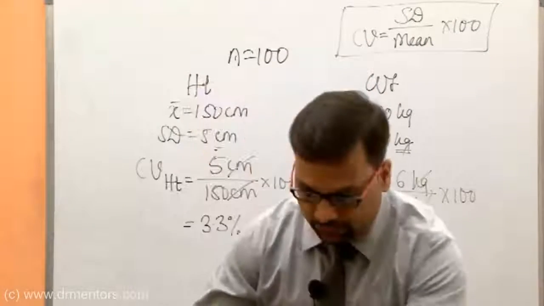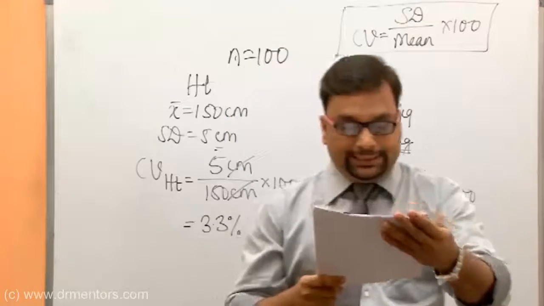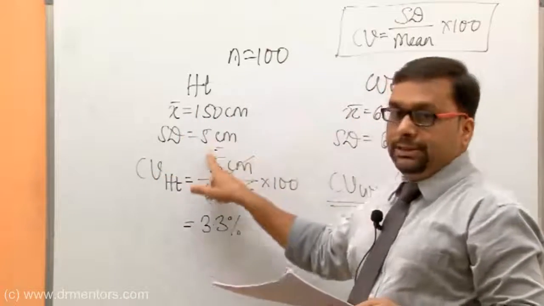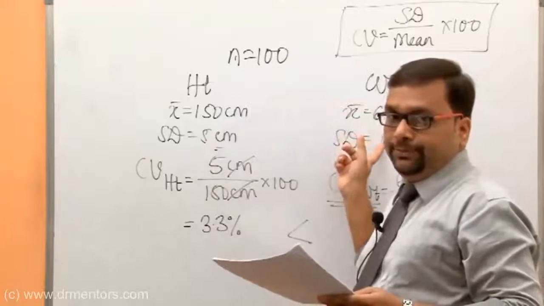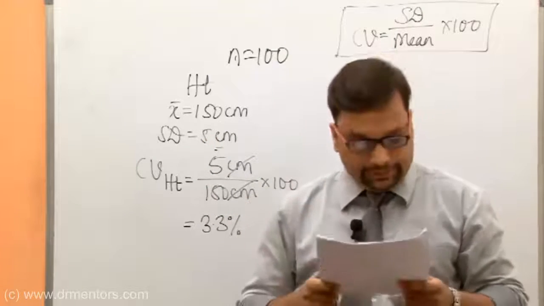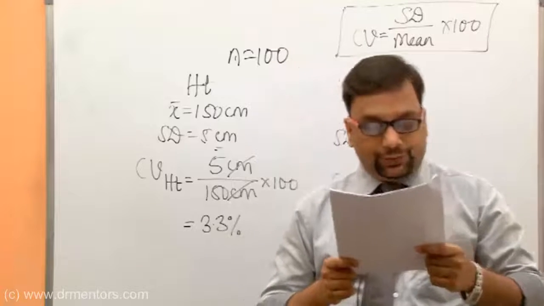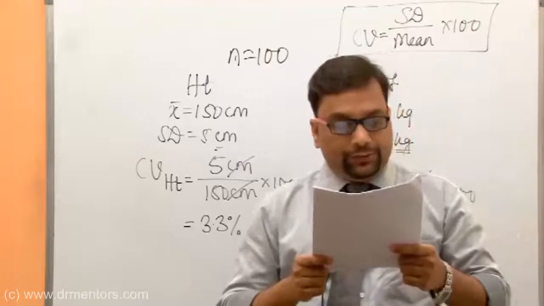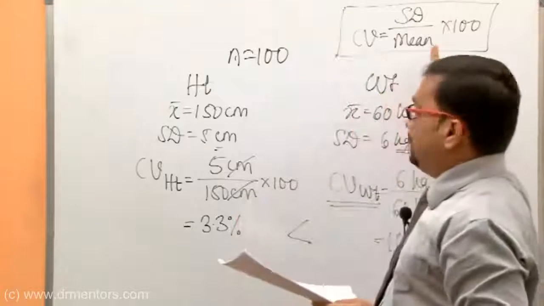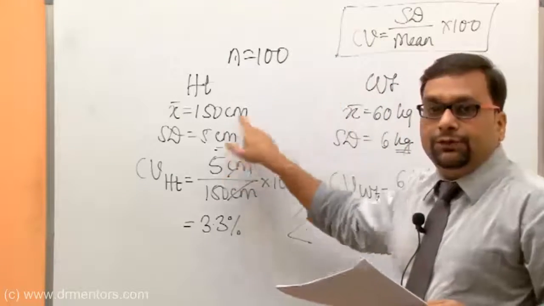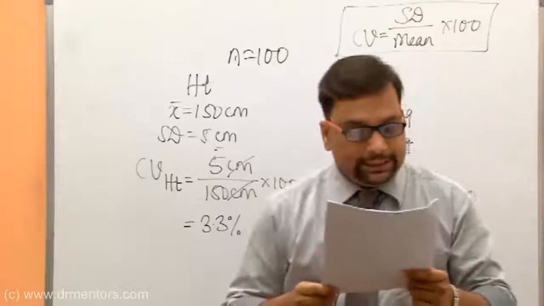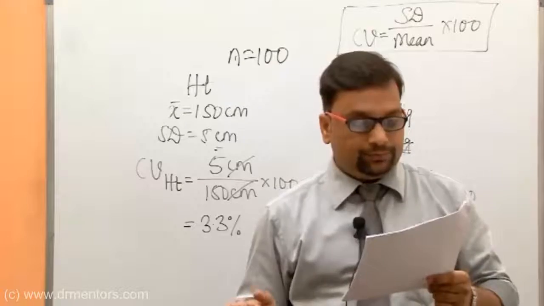And so now if you read this question again, you will get your answer. When you want to compare dispersion between two different variables measured in two different units, it is coefficient of variation which will make this comparison possible. And so the measure of dispersion of choice here is coefficient of variation, which is option D. In the next exam, they might ask you the formula, they might ask you the calculation for only one variable, or they might ask you comparison also. So that is about question number 4.